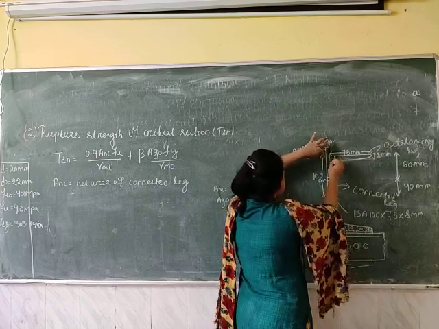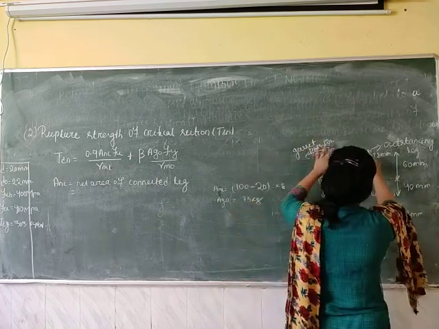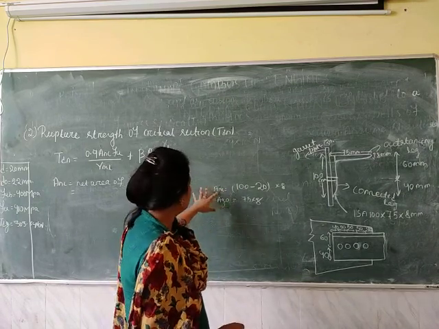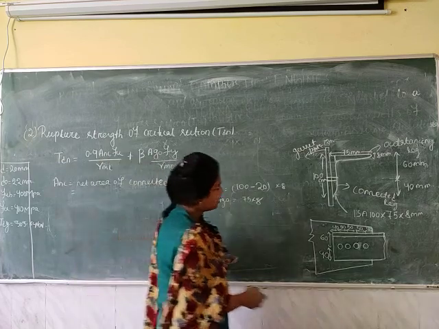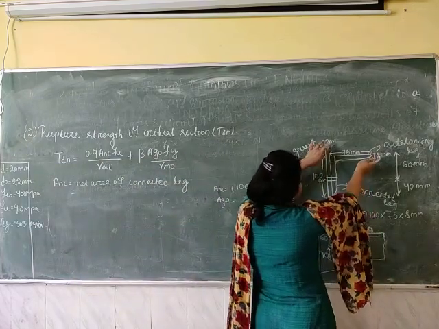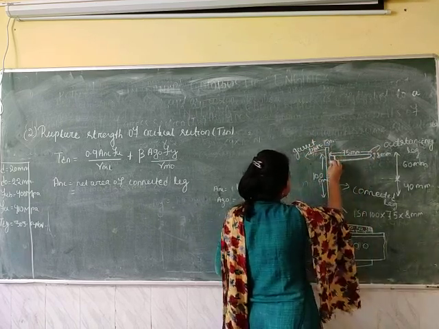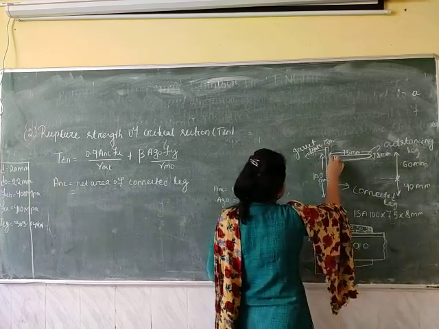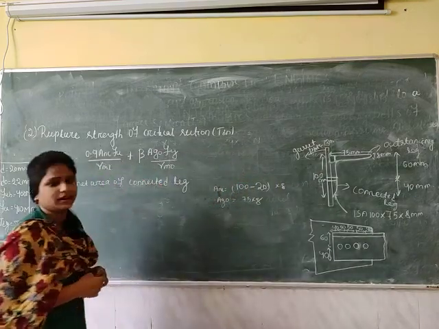Okay, this part is coming here, and while we are calculating the outstanding, we are calculating the gross area of the outstanding leg. So we are taking this whole length. In this length also this part is coming. So this portion is coming twice while we are calculating the area.